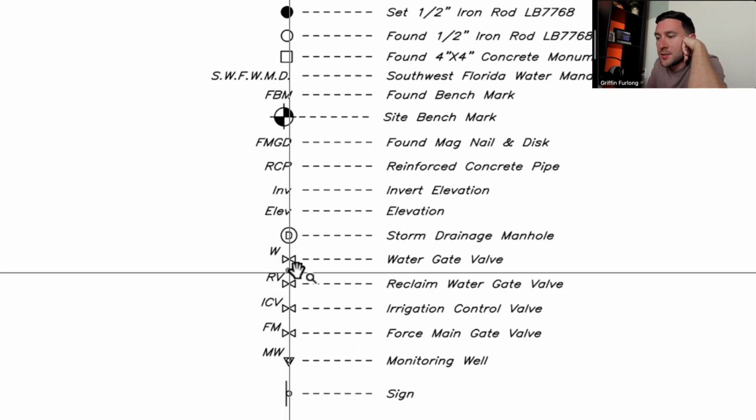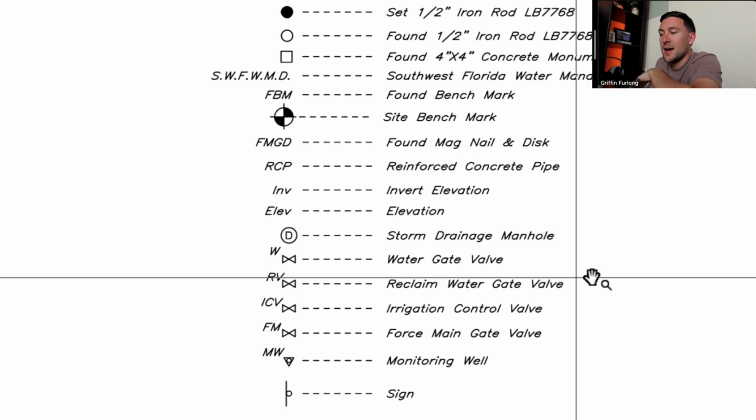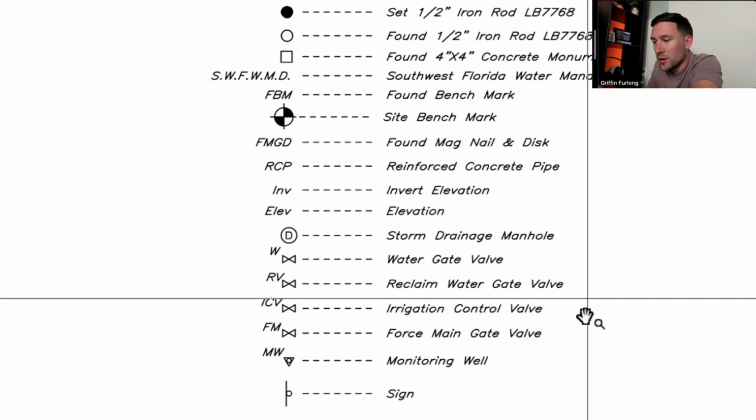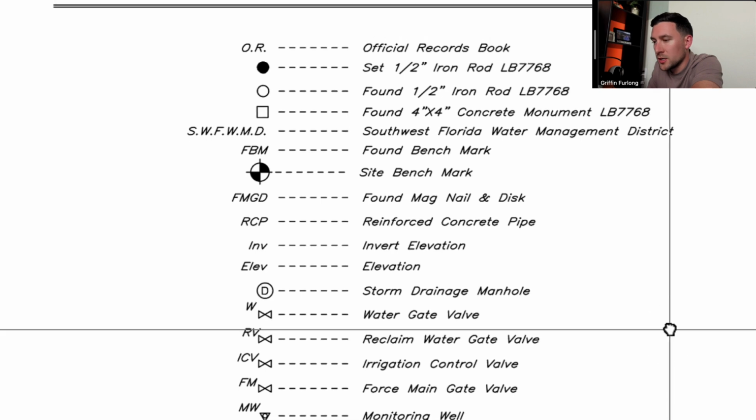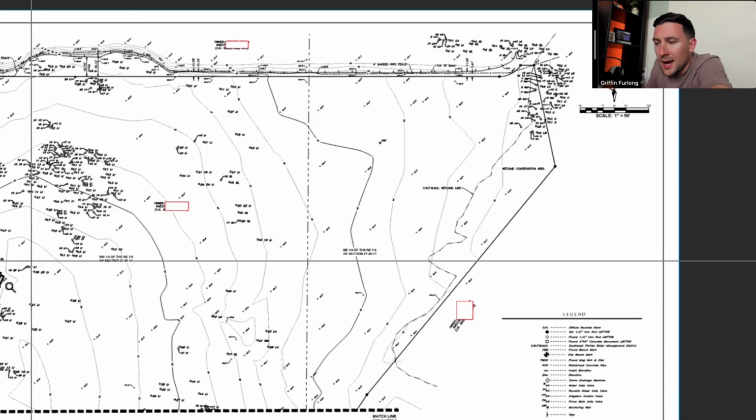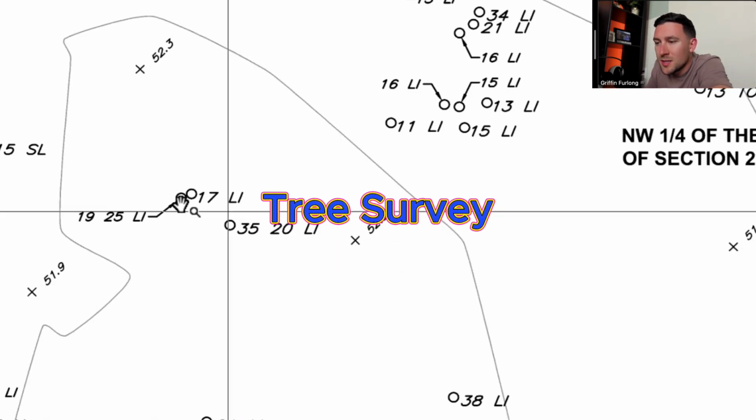So we got W, yep, so it was in fact a water gate valve, reclaim water gate valve, irrigation control, and so on. So understanding your legend is very important. I guess last but not least, we also did pick up a tree